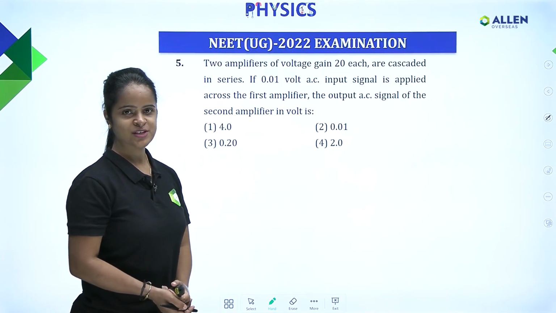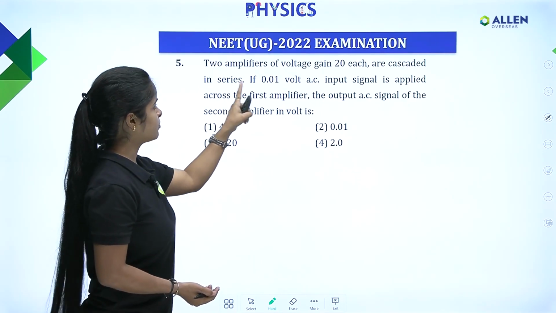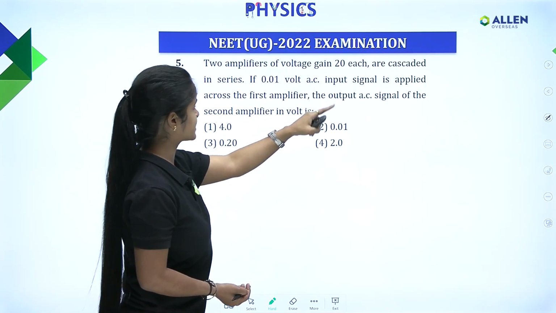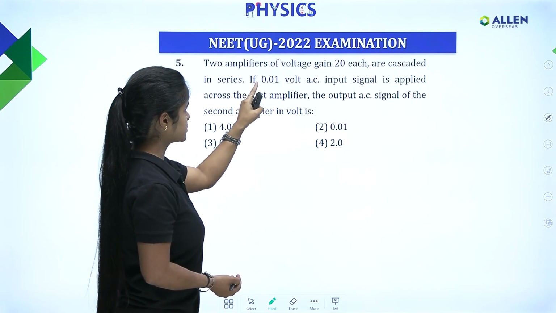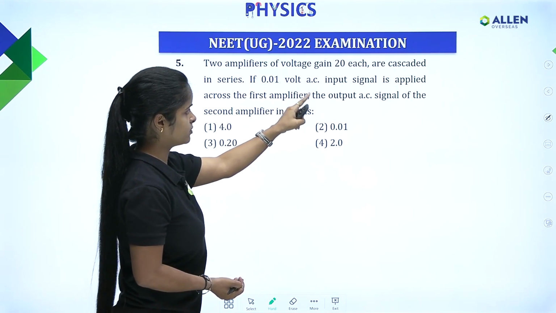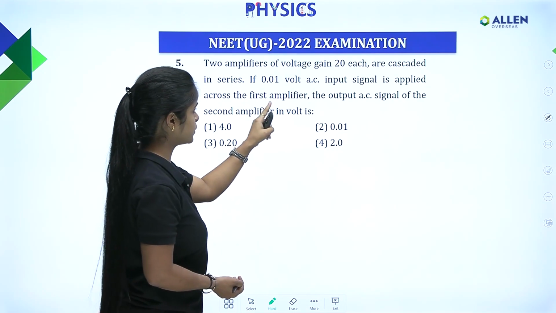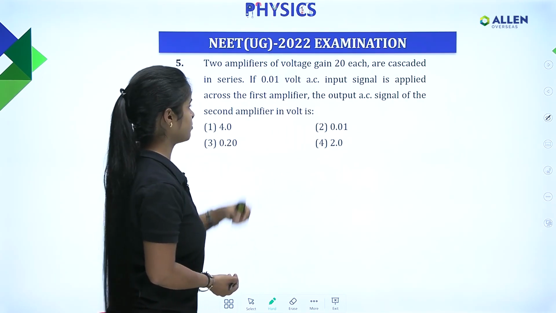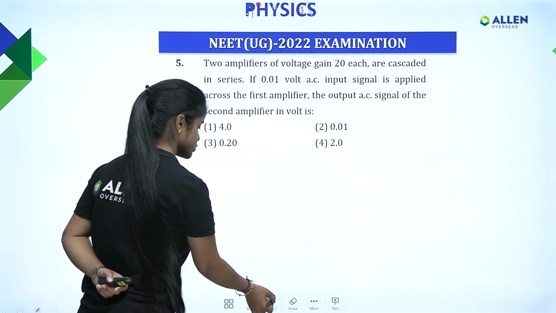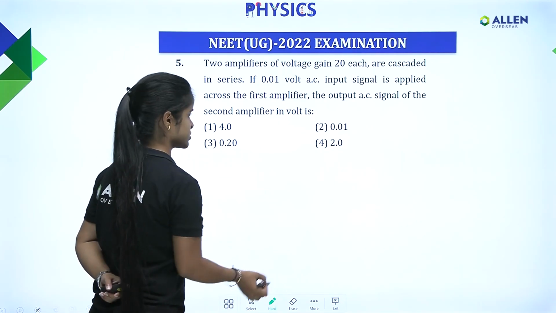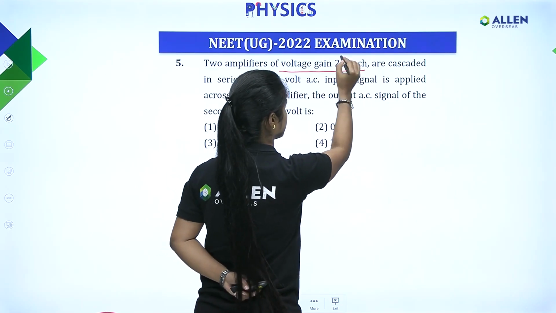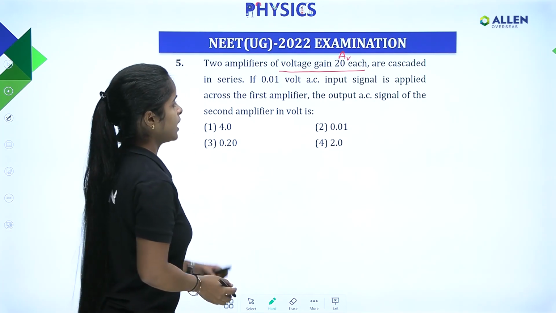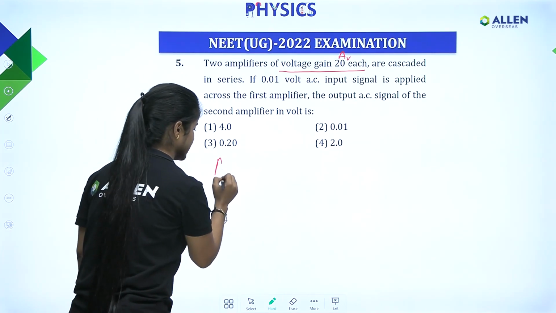So here we are going to discuss question number 5, that is, two amplifiers of voltage gain 20 each are cascaded in series. If a 0.01 volt AC input signal is applied across the first amplifier, the output AC signal of the second amplifier in volt is, right? So according to the question we have some information, that is voltage gain. Usually we represent it by AV, right? And they are cascaded in series. So AV net